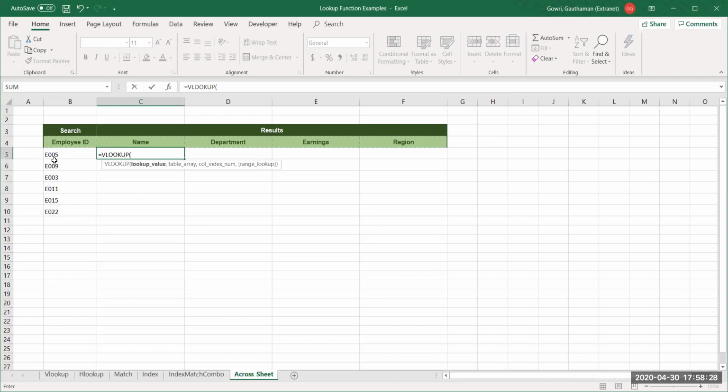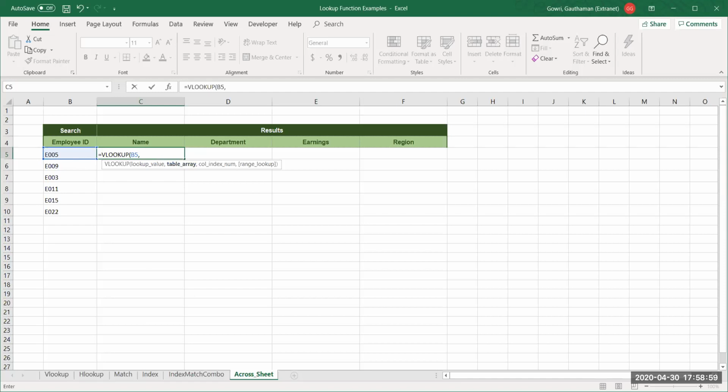So lookup value, I'll select this. Over here, you need to choose the cell reference wisely. I want the reference to move from fifth row to 6, 7, 8 eventually when I copy paste this downwards. But I don't want the reference from B column to move when I copy paste it towards the right hand side. Let me show you without giving dollars, then you'll understand.